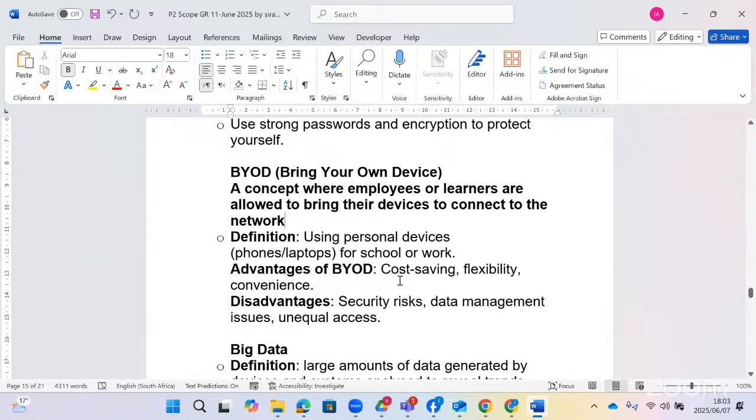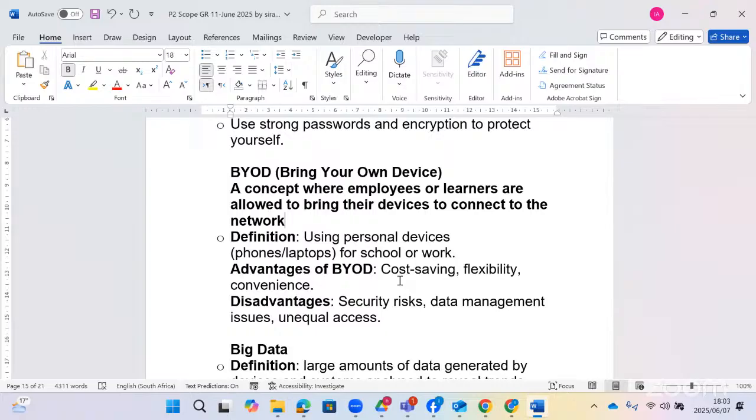Cost saving here is the cost saving to the school. Instead of the school purchasing for you, the learners, it is cheaper because parents must bring them. It is flexible and convenient. Also, you know your device, so you know how to use it, especially those doing CAD. If you know how to use your device, you have all the office applications, and you practice with them. It's convenient. You can do a lot of practicals and submit your PET on time because you have your own